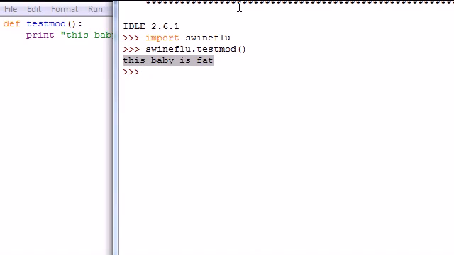So just to stress, you can only import a module once per program, and even though you can change your module, even if you change it and then import it again, it's not going to import again. It's just going to import once. So that's your quick tutorial on how